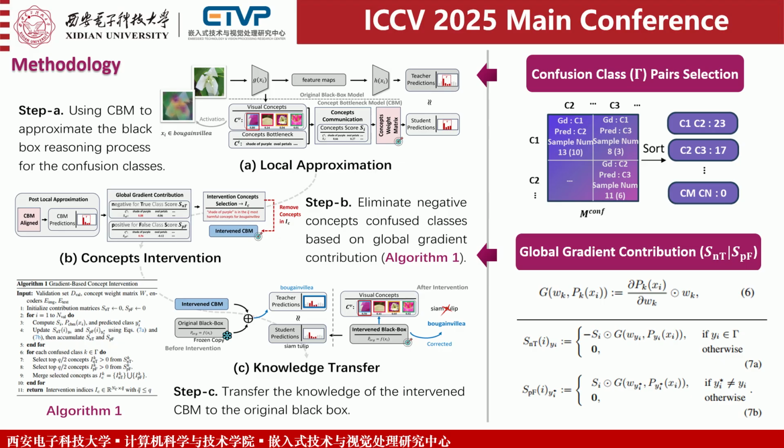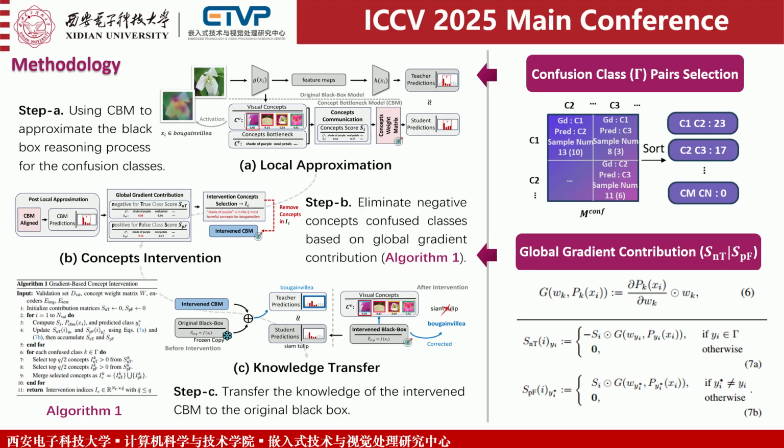More detailed, as shown in the figure on the right, confusion category pair selection. A specific number of confusion categories are selected based on the confusion matrix of the model on the validation set. Then, Step A will use the concept bottleneck to take the black box model hidden features as input and category prediction as output, combined with knowledge distillation, to locally approximate the black box model reasoning process on the selected confusion